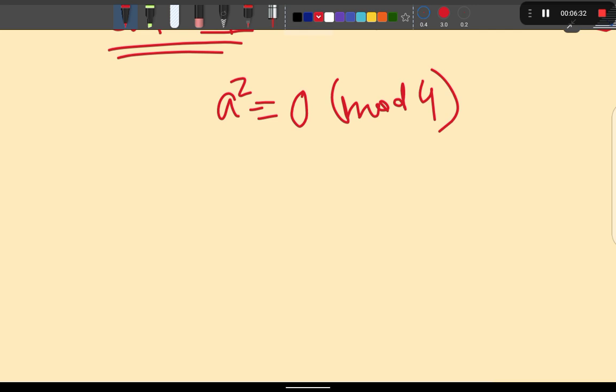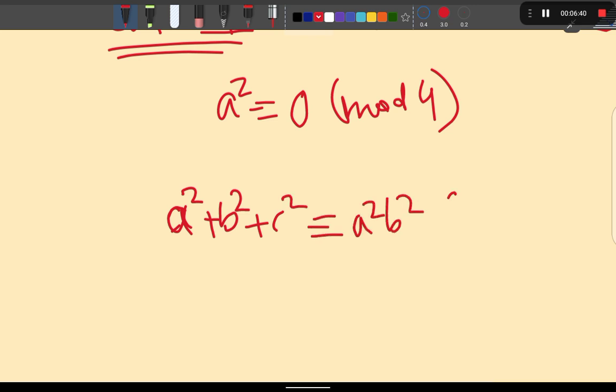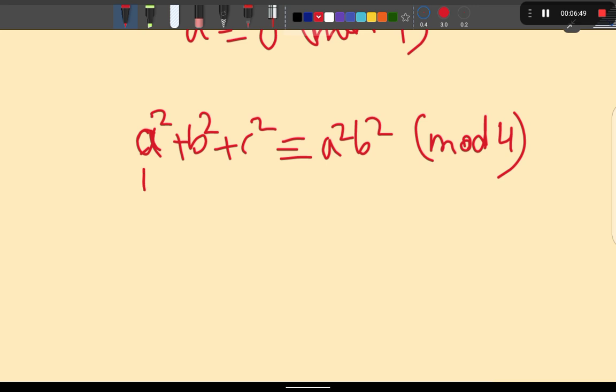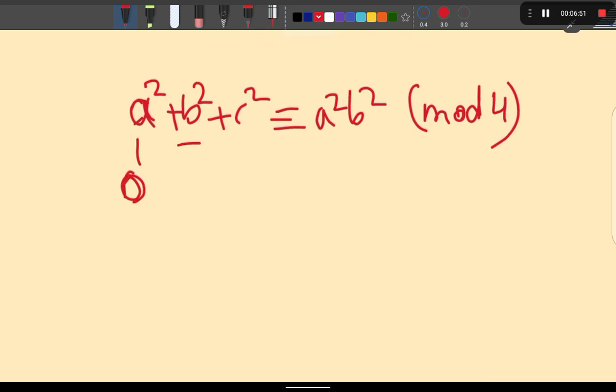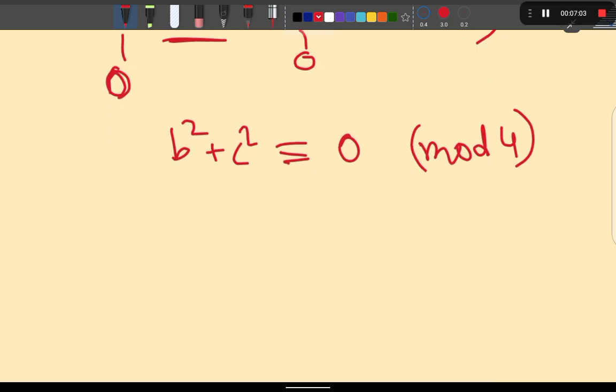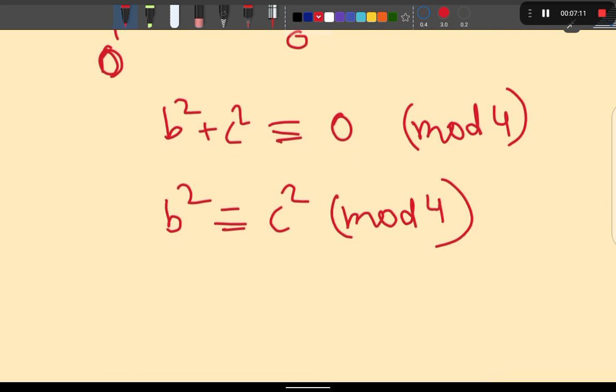Therefore, again, in the same equation, a square plus b square plus c square equals a square b square, we took mod 4 on both sides of the original equation. Then since a square is congruent to 0 mod 4, we can write this as 0. Then b square plus c square is congruent to 0 mod 4. Okay, therefore from this we can conclude b square is congruent to c square mod 4,